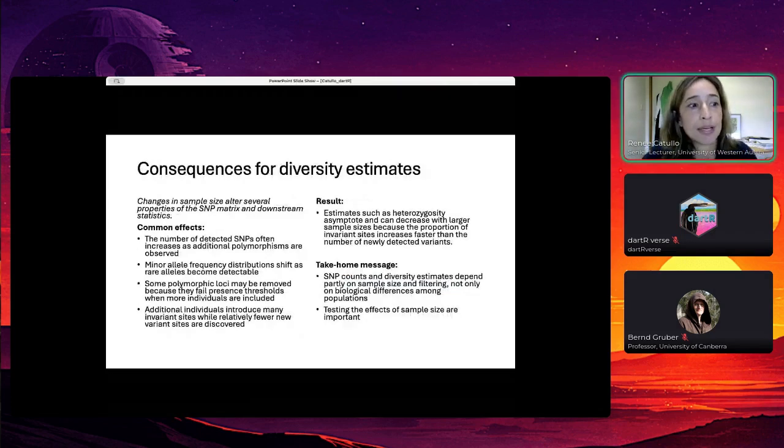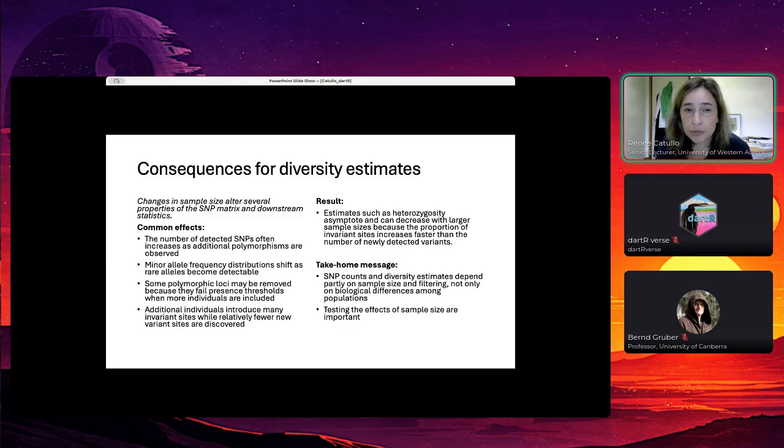So changes in your sample size do things like change the number of SNPs detected and number of polymorphisms. We see shifts in minor allele frequencies. So you get more rare alleles the bigger your sample is, and that can change things like demographic reconstructions. But again, we lose our polymorphic loci, and it does change our estimates of diversity, because when